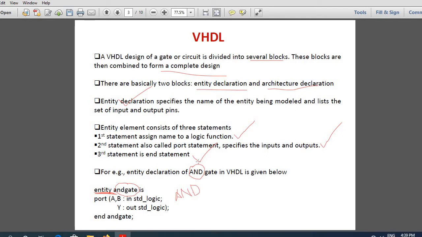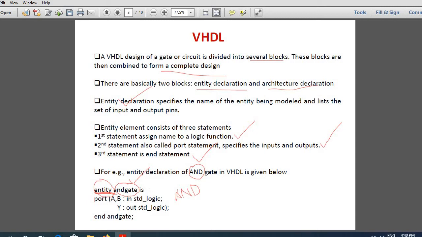So if you are designing an AND gate, you have to give some other names like AND gate and so on. AND underscore gate, AND hyphen gate. All these are the names that can be used for AND gate. You should never use AND because it's already doing the AND operation in VHDL. It's already a built-in keyword or built-in operator in VHDL. So you have to first use the word entity, then name of your entity. I have given the name AND gate to my entity is.